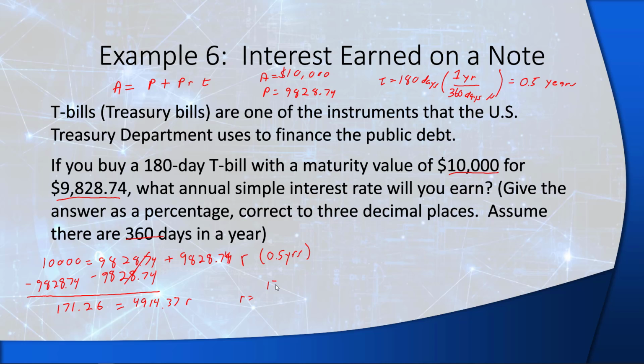We will have 171.26 divided by 4914.37. And now remember, this will be a decimal, so to get the percentage, we need to multiply this by 100%. And if we do, we will get 3.4848. Notice that the fourth digit here is greater than 5, so this will round up to